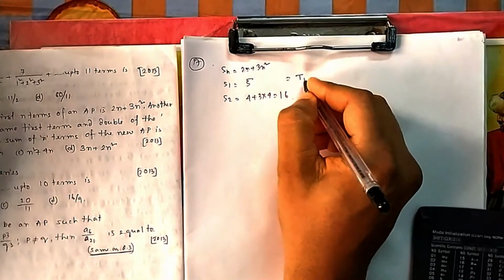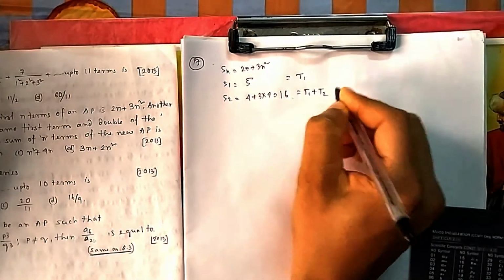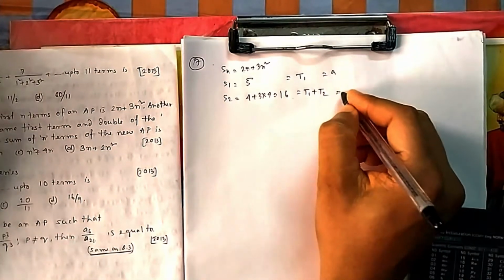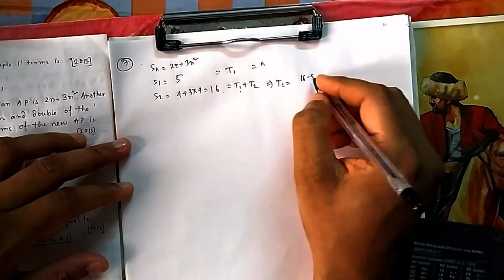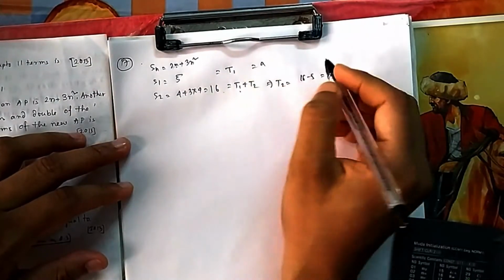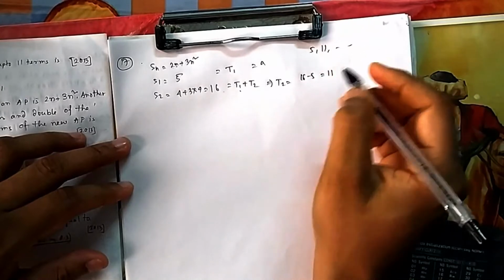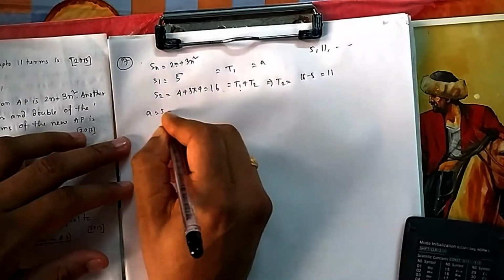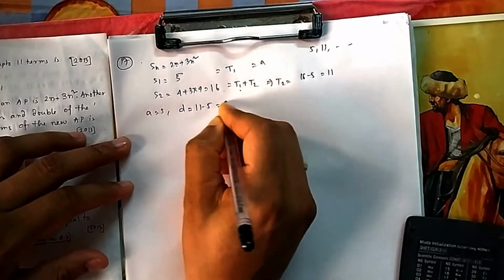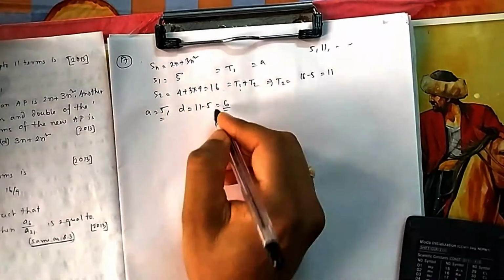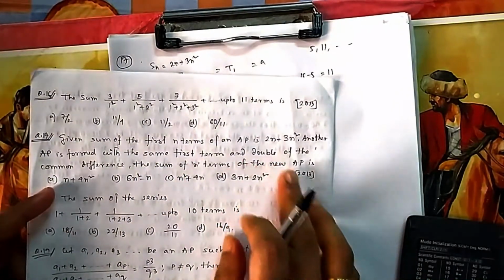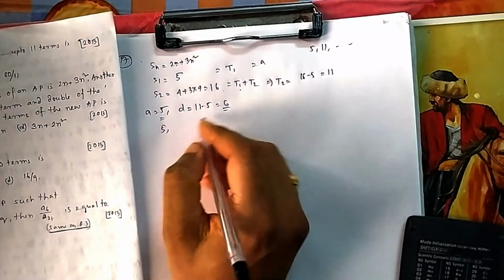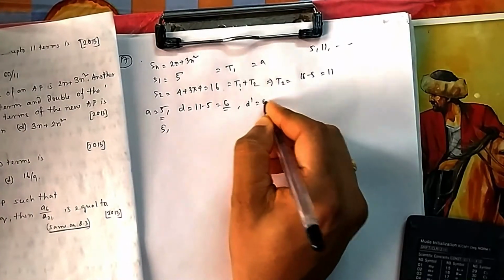What is S1? S1 is directly T1. What is S2? T1 plus T2. So this is your first term, a is 5, that's what we know. What will be T2? T2 will be 16 minus 5, this minus this, if you put T1 as 5 here, so T2 is 11. So the first term is 5, the series is 5, 11 and so on. So what will be the common difference? 11 minus 5, 6. So once you know a, you know d. Now you have to form another AP with the same first term and double the common difference. So the other AP will have a, and the new difference d dash will be equal to 6 into 2, 12.